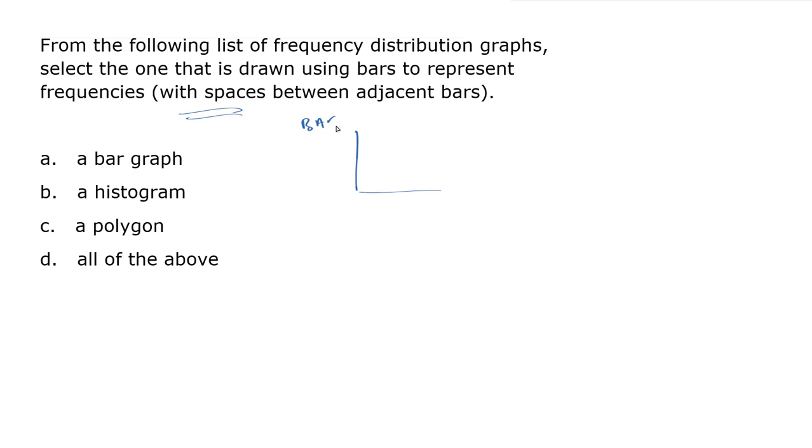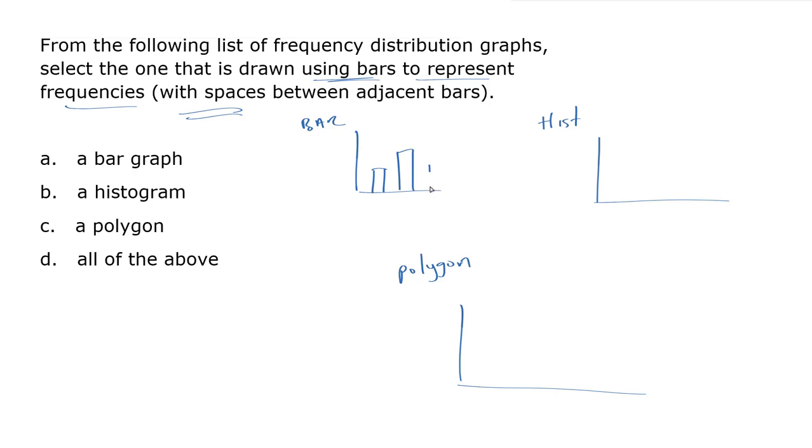Let's look at a bar graph, a histogram, and a polygon. Now, a bar graph and a histogram both use bars to represent frequencies. However, there is one noticeable difference that stands out right away when comparing one to the other, and that is that histograms have no spaces in between the adjacent bars. So a histogram over here, you've got no spaces, whereas a bar graph, it's not as though there's